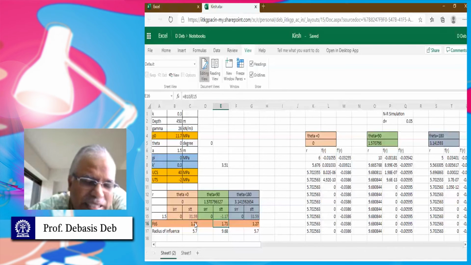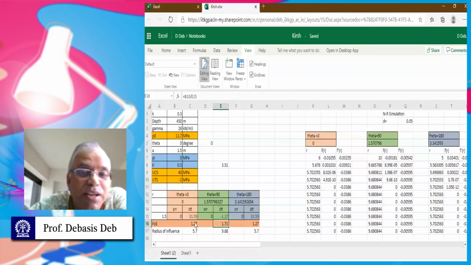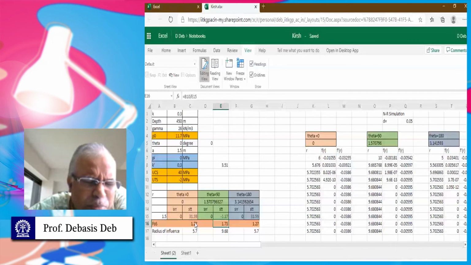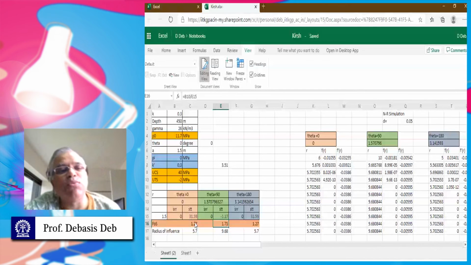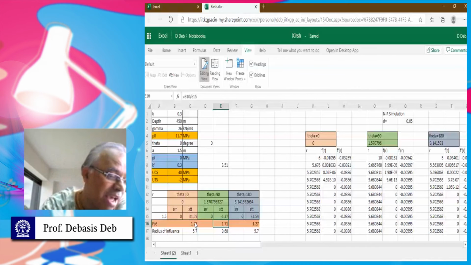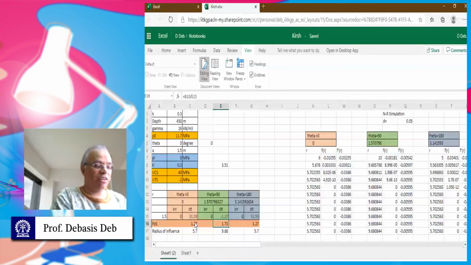But in any mining application, just above 1 is not enough because you are sending a lot of people down there and there are so many uncertainties. This is just one calculation we are doing, but there are many uncertainties which are not in that equation that Kirsch has given. So we normally consider 1.3 at least. It has to be above 1.3. Then only we will say, okay, this is safe.